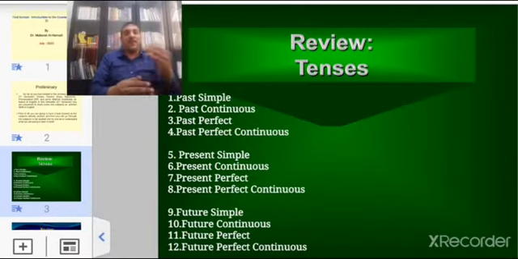Okay, we have indicating words like every day, every week, every morning, every afternoon, every month, every year. Okay, usually, always, often, rarely. These are the indicating words and can also be called keywords for the present simple tense. So I go to university every day. You play football every afternoon.